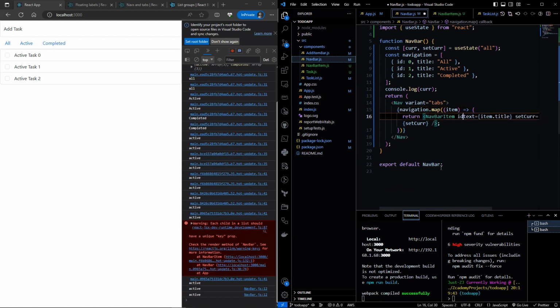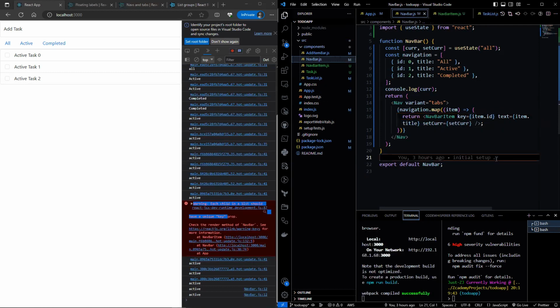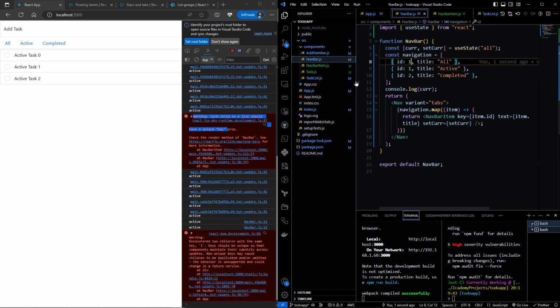Then let's give this a unique key prop. Notice that this ID is always unique, because if it is not unique, there would be issues.